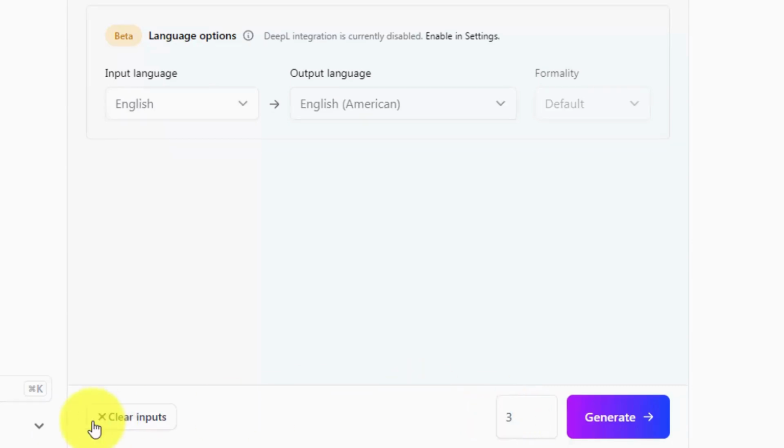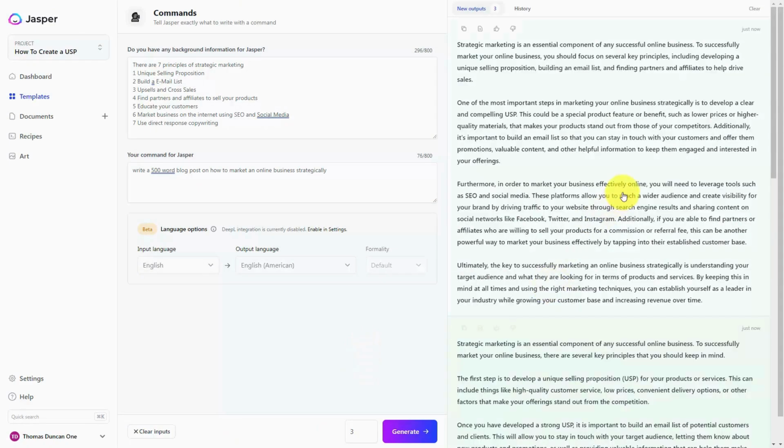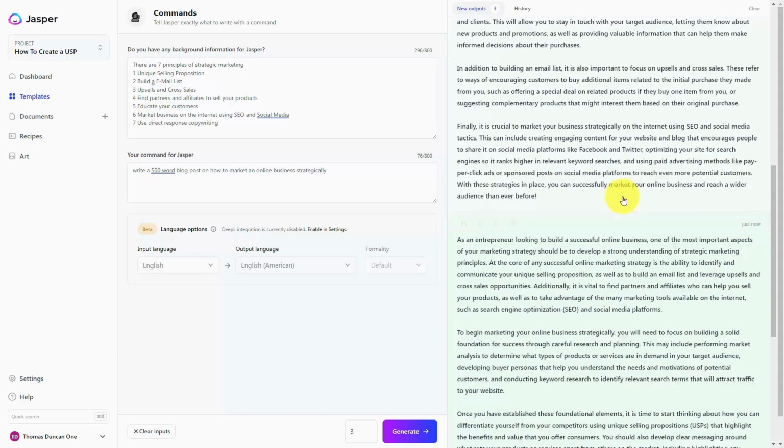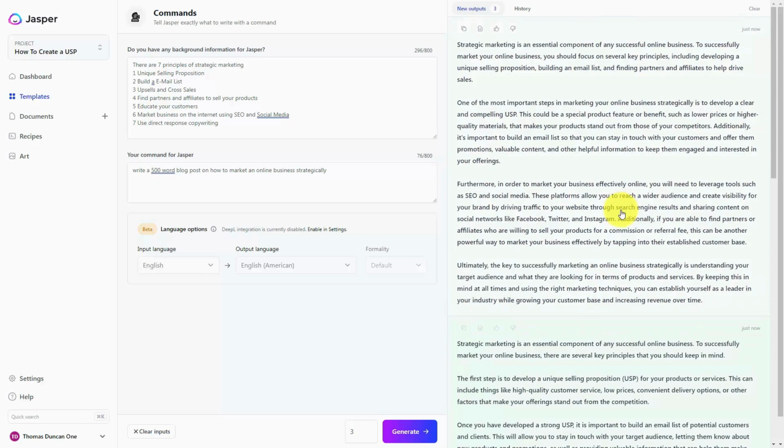In this case, we've chosen 3. Once we've done that, we can then click Generate. And we will then wait for Jasper to create our content. You will then see your different levels of output, and you can choose the one that you like best. And what you can do is tell Jasper which one is best by upvoting one, and you can downvote the other. You can then copy your content,